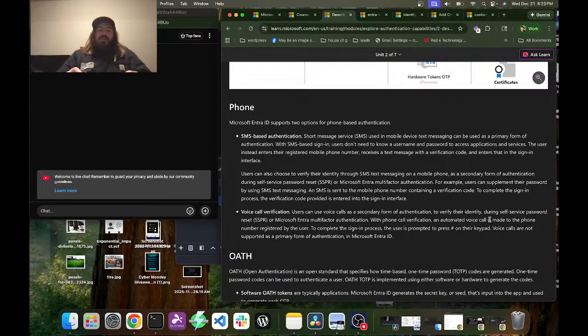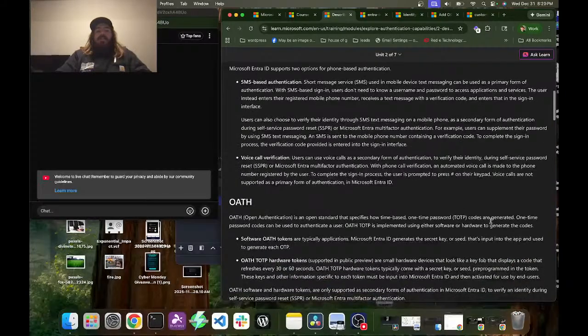Users can also choose to verify their identity through SMS text messaging on a mobile phone as a secondary form of authentication during self-service password reset or Microsoft Entra multi-factor authentication. For example, users can supplement their password by using SMS text messaging. An SMS is sent to the mobile phone number containing a verification code. To complete the sign-in process, the verification code provided is entered into the sign-in interface.